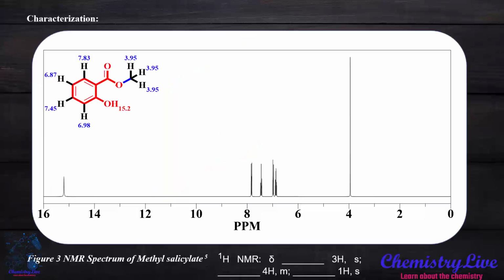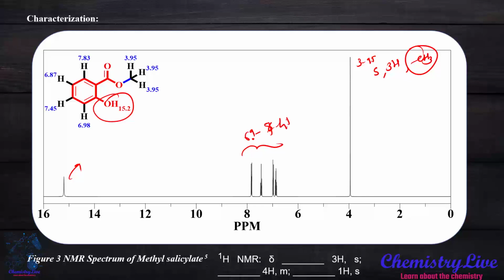In the NMR characterization, we see that OH is at 15.2. It is the highest one. Why is it 15.2? We already discussed that in the phenyl salicylate section. Here at 3.95 we get a singlet because of the 3H of the terminal CH3. We are also aware of that one because it's a terminal alkyl chain, so it should be between 1 to 4.5. The benzene ring protons, or the aromatic protons, should lie between 6 to 8. So we have a multiplet, let's assume 6 to 8, so 6.9 to 7.45 we have a multiplet of 4H and here the 1H.